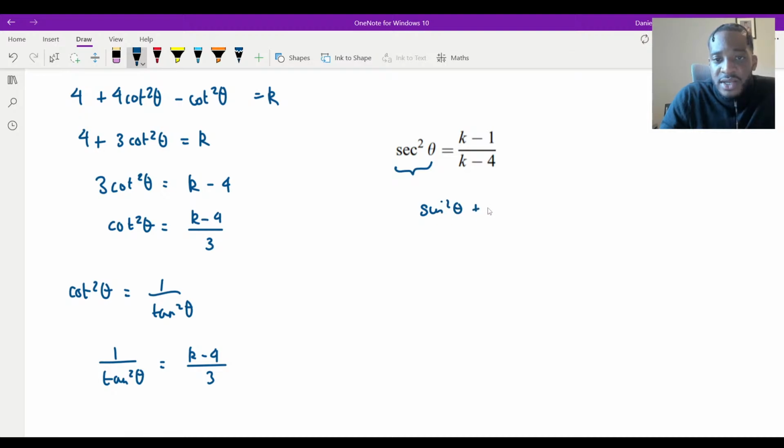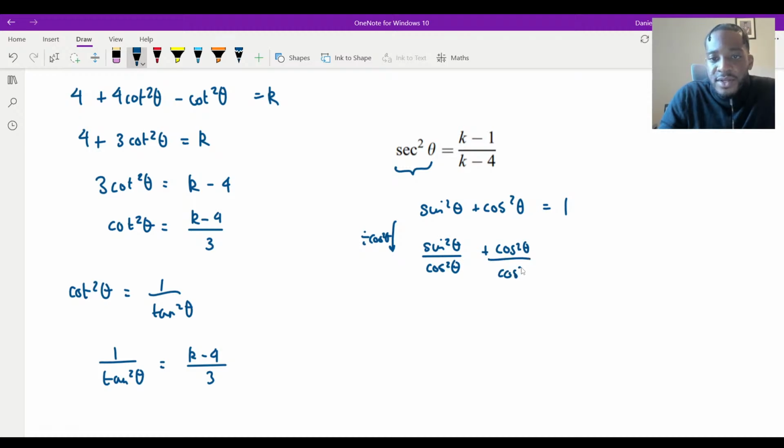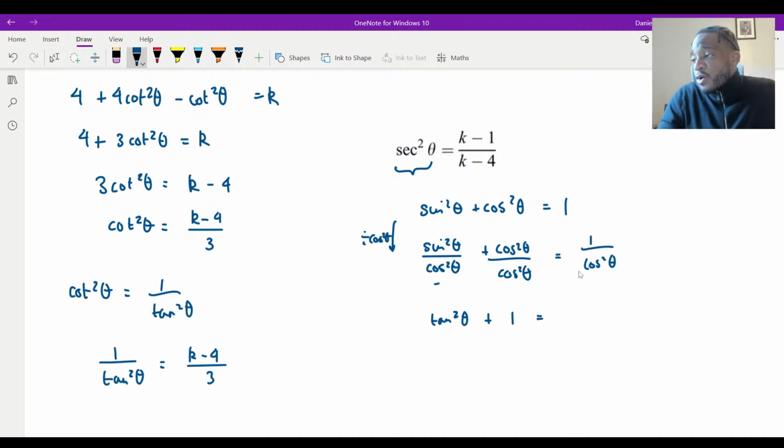And then remember, let's get the identity that we know is derived from it. So sine squared plus cos squared is equal to 1. And then remember, if you want to get the next Pythagorean identity, we're going to divide by cos squared, because I did sine squared already. So I'm sure you guys know this anyway, but this is for anybody that maybe doesn't remember it. This is how you can derive it tomorrow. Plus cos squared over cos squared is equal to 1 over cos squared. Now, all of that is going to be tan squared, that's going to be 1, and 1 over cos is sec squared. So I know that tan squared plus 1 is sec squared.